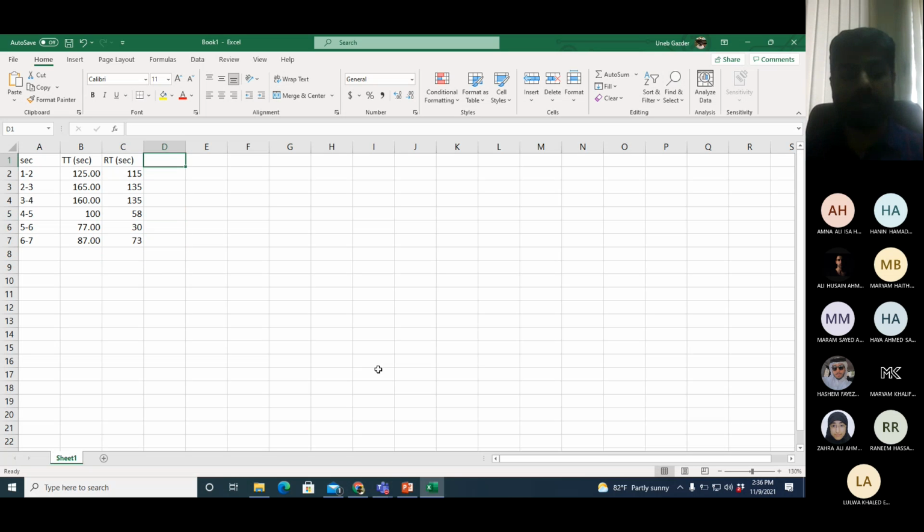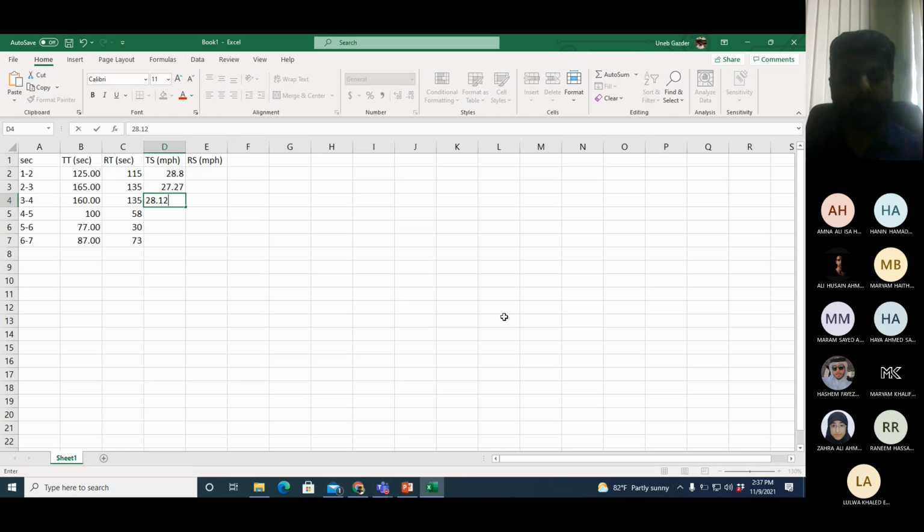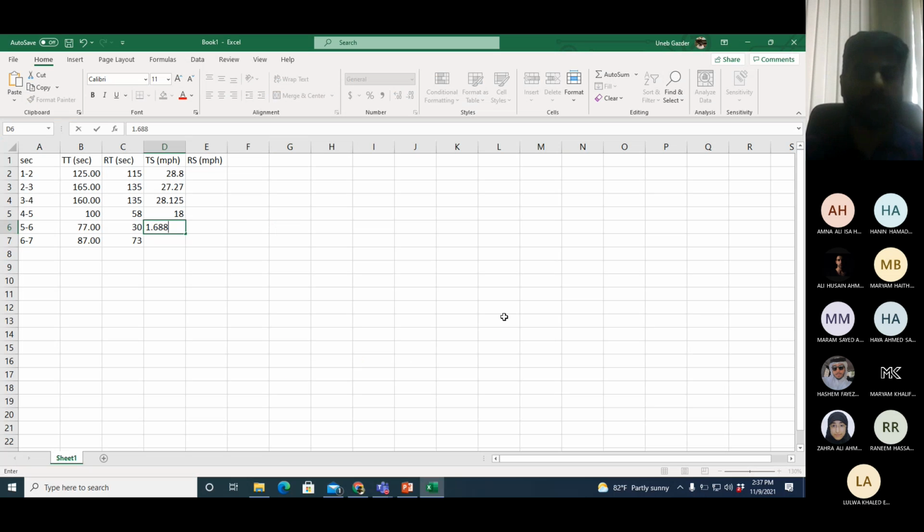Okay, then I can write down the travel speed and running speed as well. I have the values here: 28.8, 27.27, 28.125, 11.688.